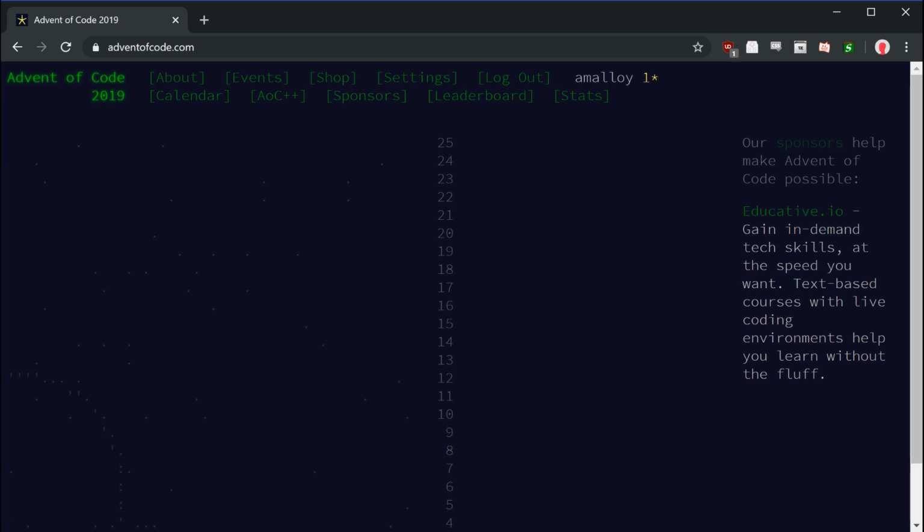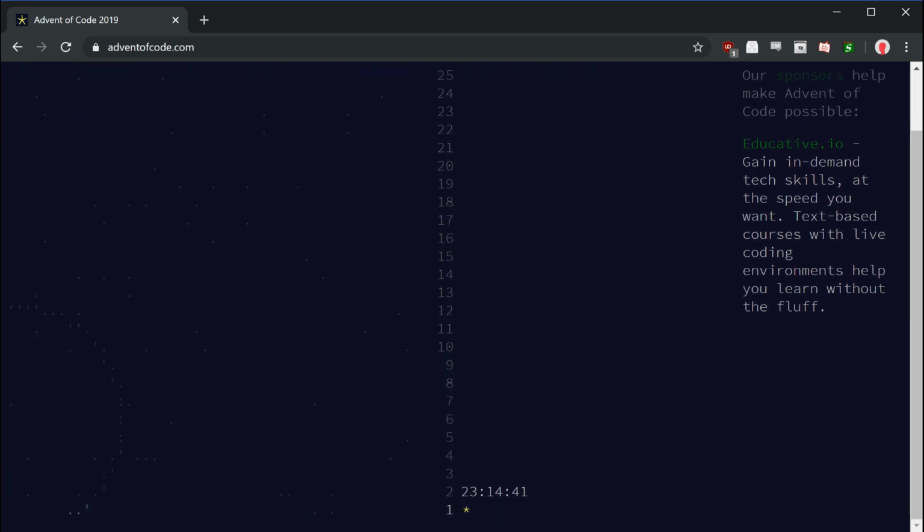You can see I have 1 star, which means I finished part 1 of day 1, and that was very fast. We'll look at the puzzle in a minute, but it was very fast, obviously. Part 2, actually, I did a number of things wrong, and just as I finally got what I believe to be the final version, I realized it wasn't recording. So here we are. I'm going to start anyway.